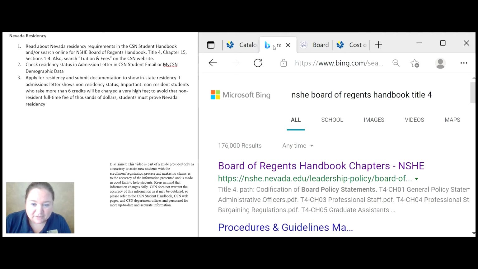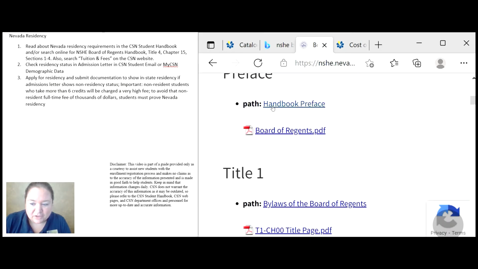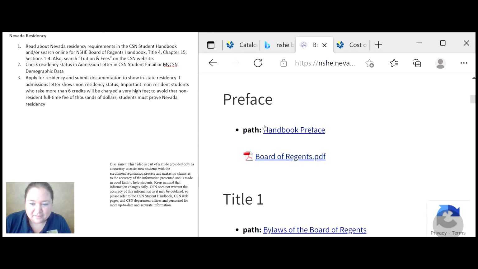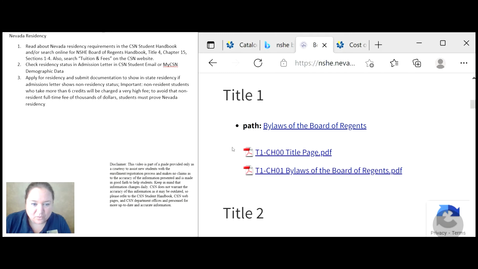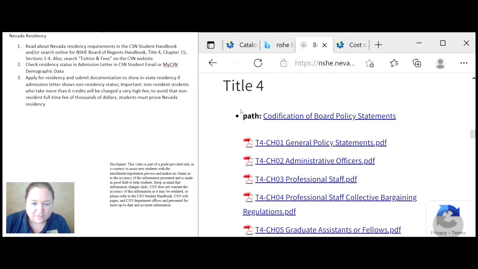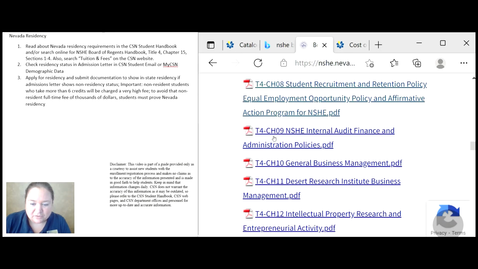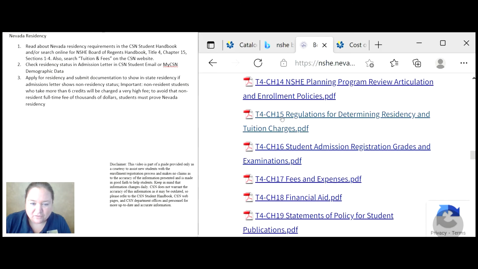Another option is to search for the Nevada Board of Regents Handbook Title IV, and it'll bring you to this page, and you'll see the preface with the entire Board of Regents PDF. You'll see Title I, Title II, Title III, and Title IV. And then you want to select Chapter 15, right here, and Sections 1 through 4. So when you click on it,